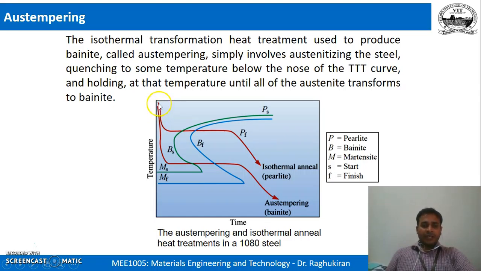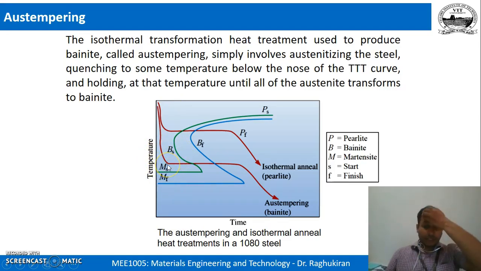If you take a material in the austenitic range and bring it to a temperature above the nose temperature of the TTT diagram. I say this is the nose temperature because in this C curve, you have the nose here. This is, I call it the nose. All this temperature range is above nose temperature, and all these below the nose are called below nose temperatures, just